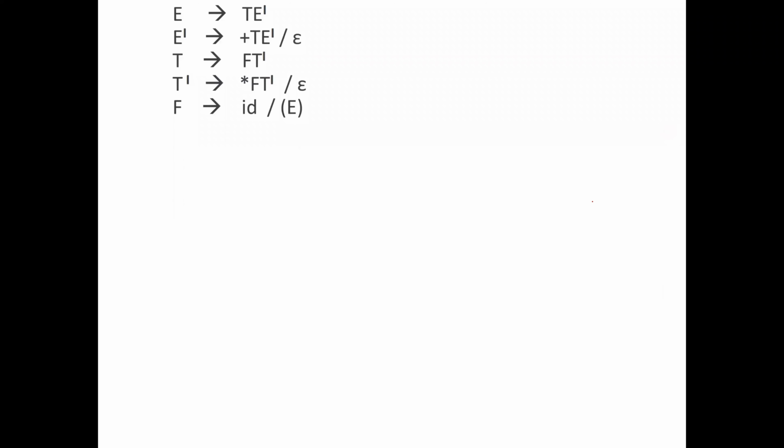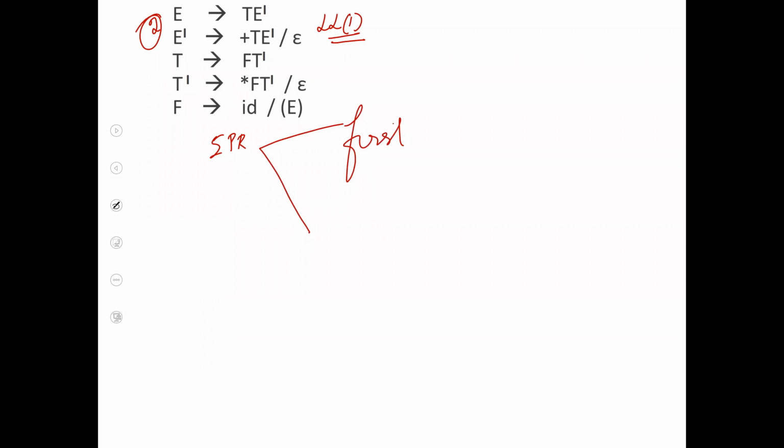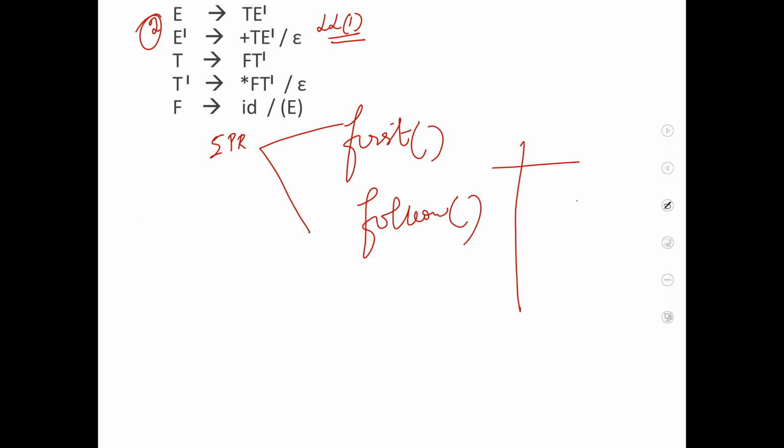We were dealing with our LL1 parsers. Now we will do our second problem. You have a given grammar which has got 5 production rules. The first thing you have to do is you will be having to calculate the first and follow. Okay, so once you have calculated the first and follow for each of these, what you have to do is you will have to construct your LL1 parsing table, which also you did as part of your homework.